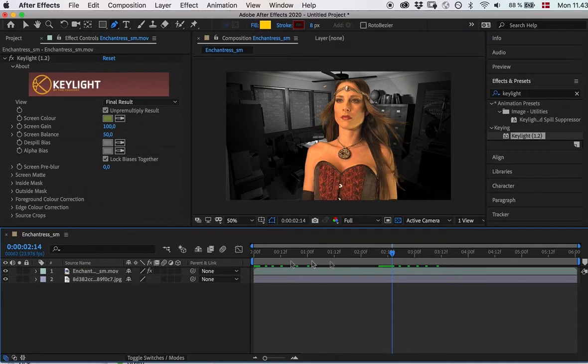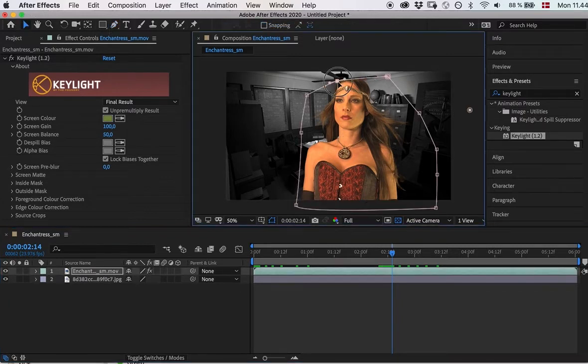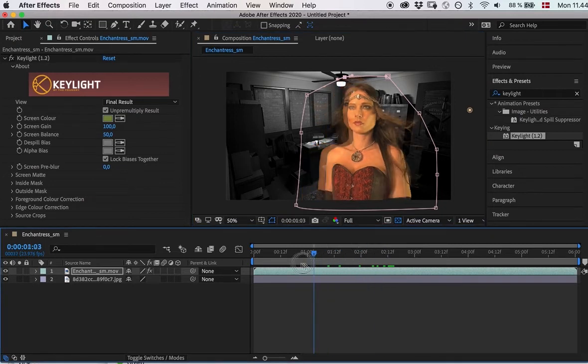If I go back here, I can take the selection tool, click in the mask, and adjust it. But she's actually moving out of the green screen area. And we have the little hand here, which I think is cute, but of course it shouldn't be there. So what I do here is I make her crop a little of her head,